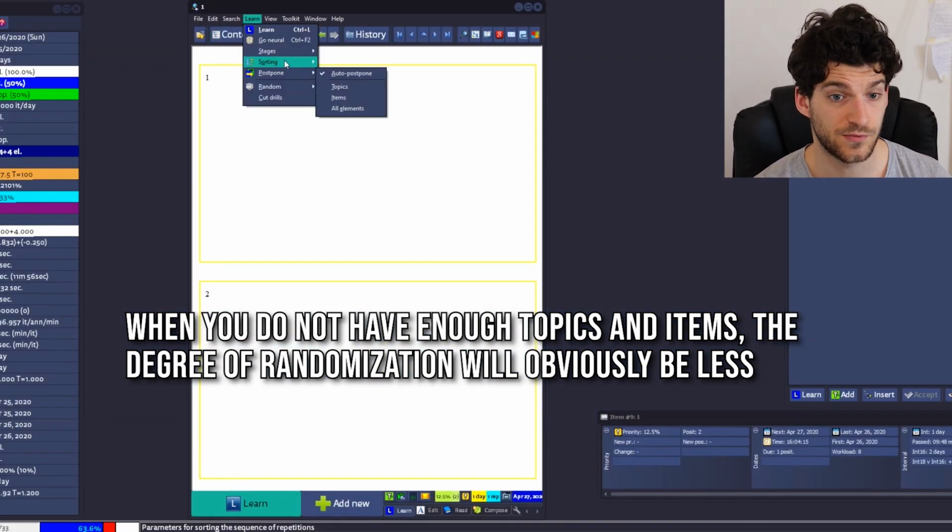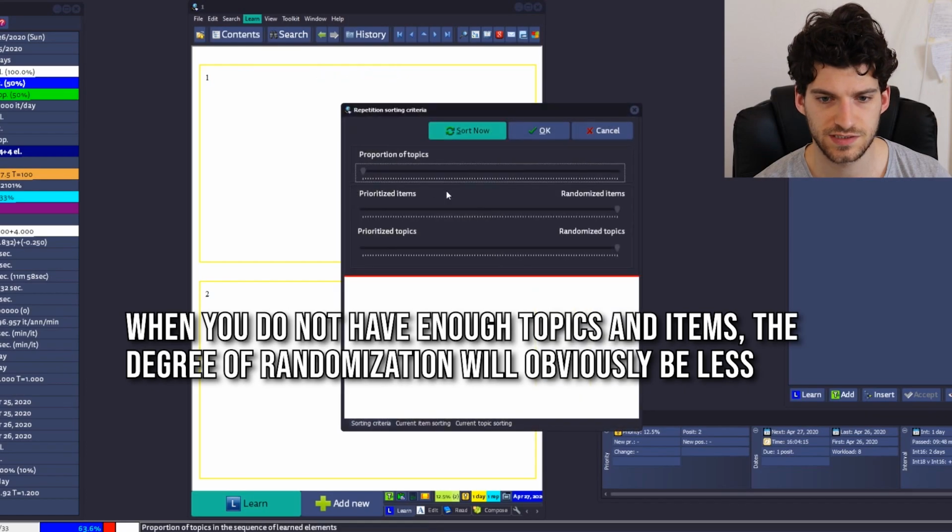So as we were saying, if you want to randomize, you go on sorting criteria, you put everything like here,